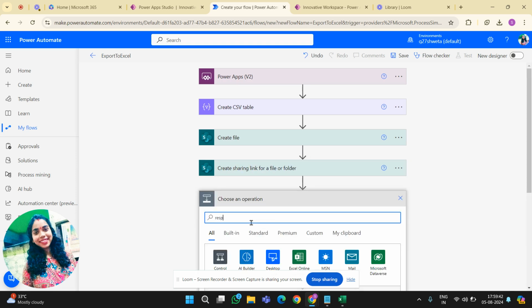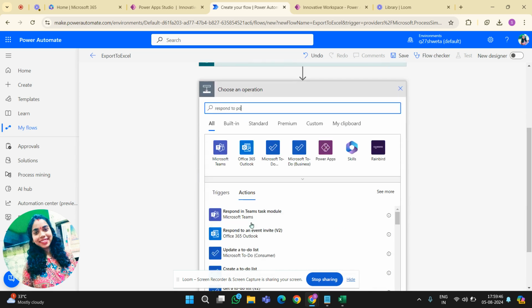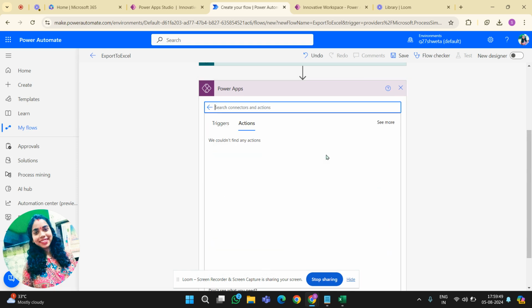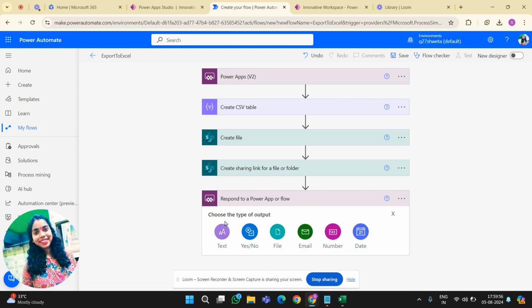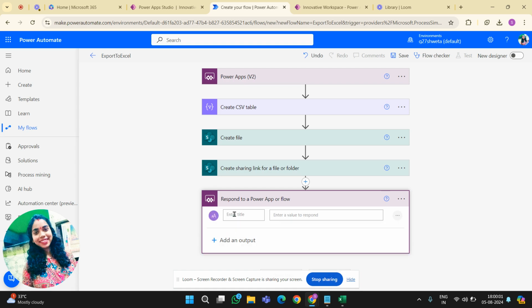Next step is respond to Power Apps. Here we will take it as text, because what we want is one URL, which will be a downloadable link. I am naming it sharing link, or I am saying it is a download link.